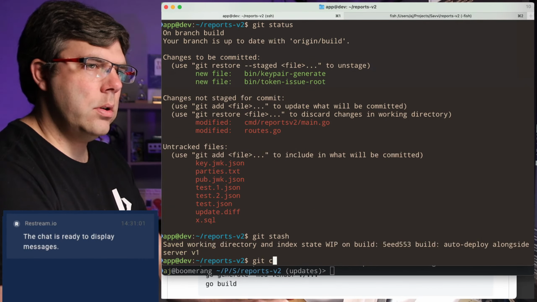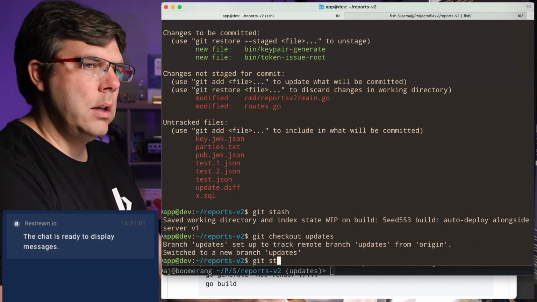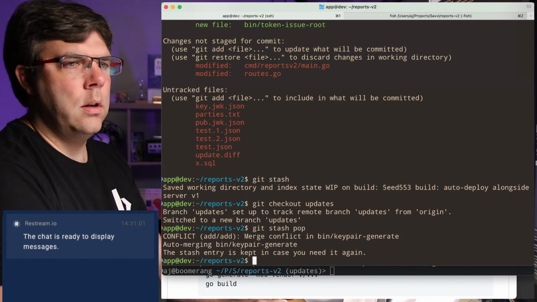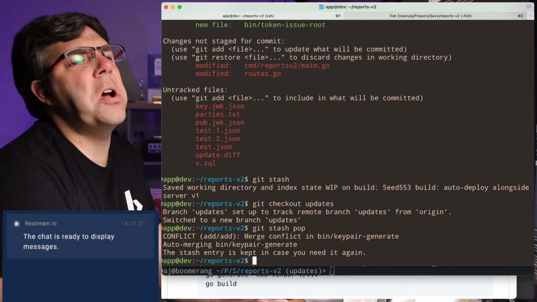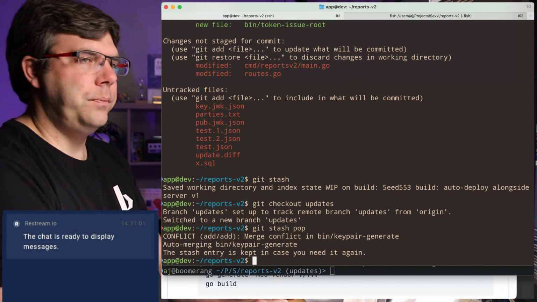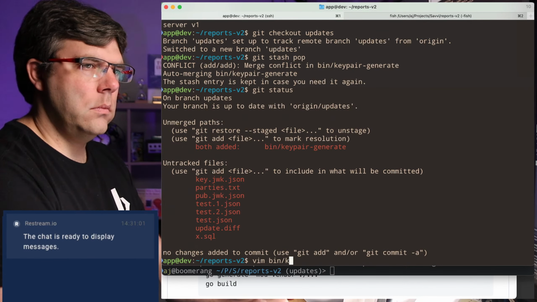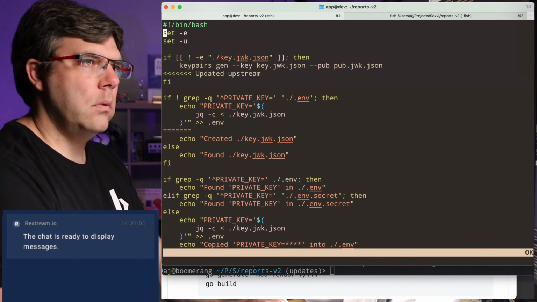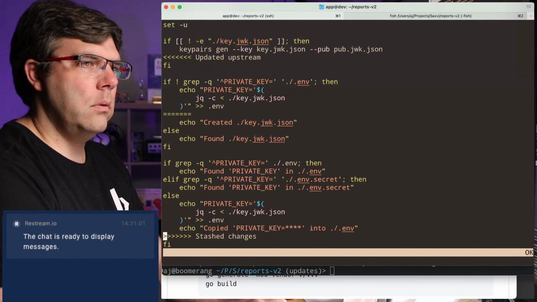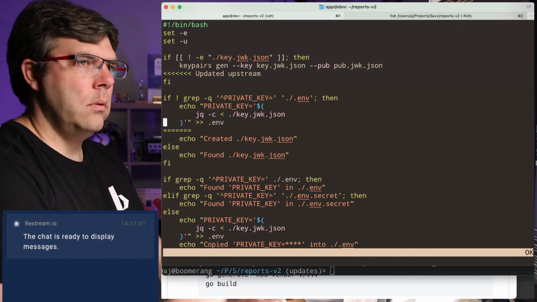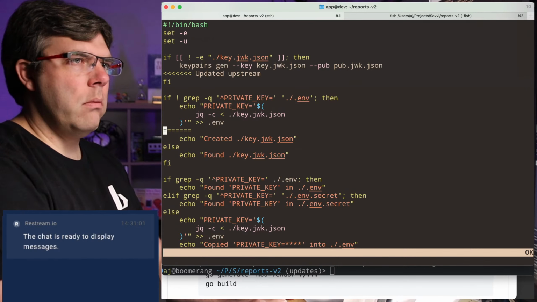Okay, git stash, git checkout updates, git stash pop. Conflict. Of course there's a conflict. Right.